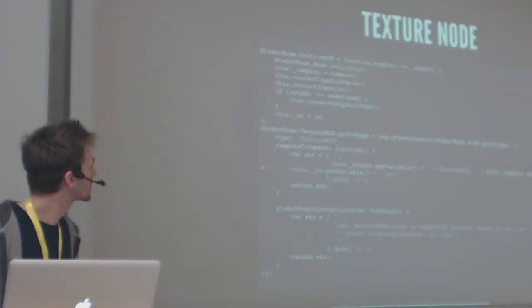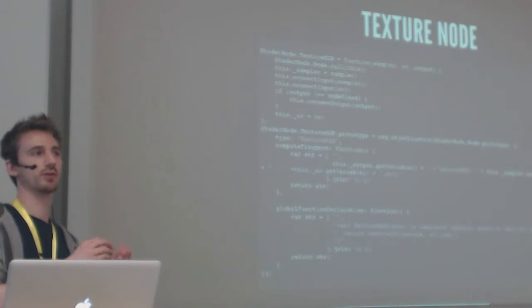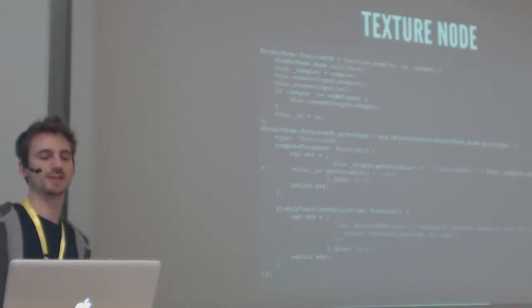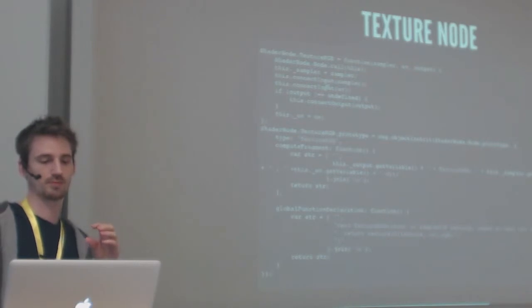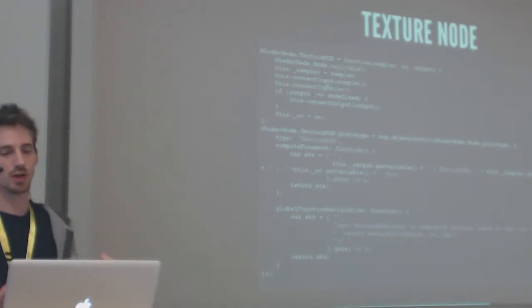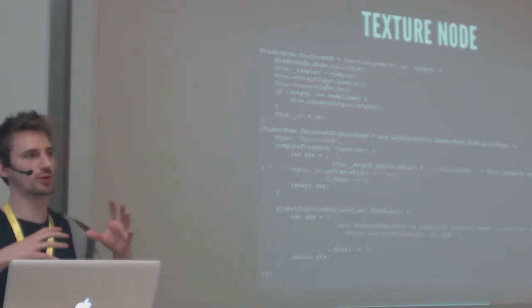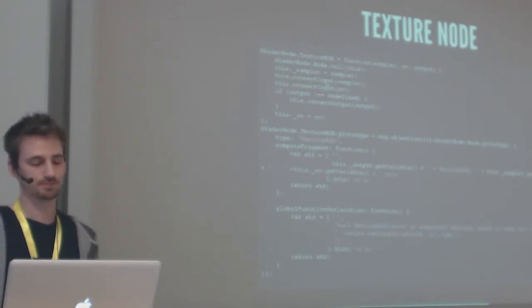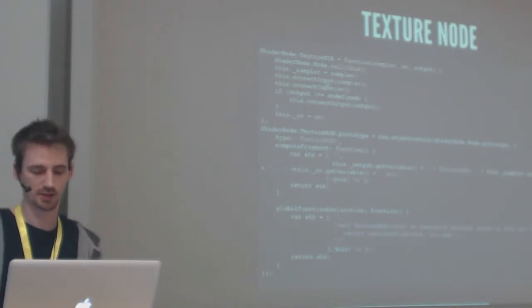Because the inputs and outputs are variables, it's a kind of type. It's not really a string. It's a type of variable. So you can put anything inside, and your function nodes are isolated and can work with all types of variables, for example if you have a uniform or a const or stuff like that.